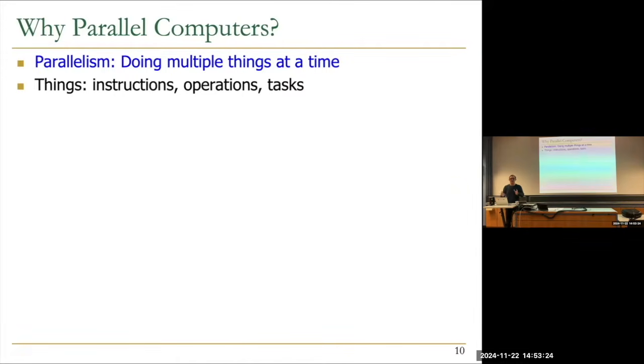But parallelism is more general, actually. Clearly, all of these processing types exploit parallelism in some way to improve things. Parallelism, in its very basic definition, is really doing multiple things at a time, right? Everything can be parallel. It's not a function of just computers, clearly. Things from the perspective of computing could be instructions, operations, or tasks, right? And the question is, why do we do it? Anybody? Why do we do things in parallel?